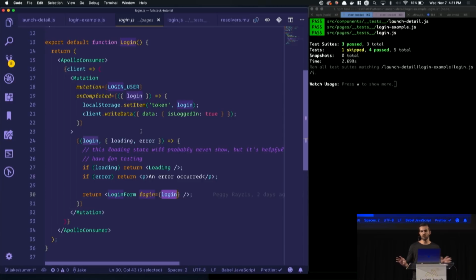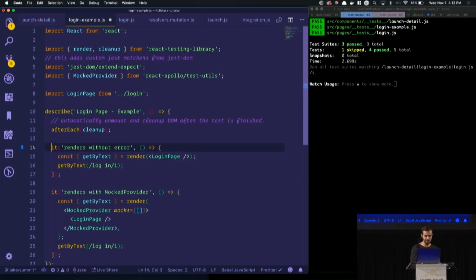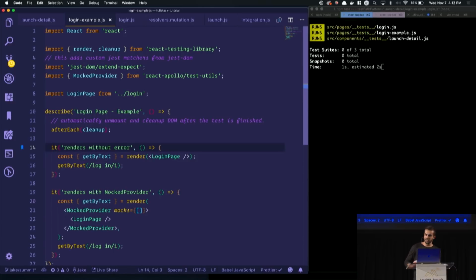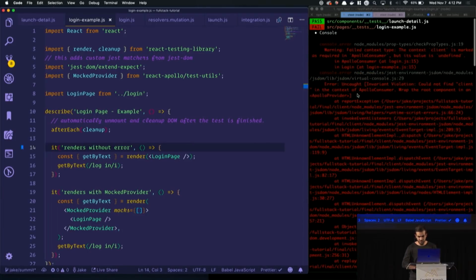All we want to know here is that it renders first off, so that we can actually click the login button, right? So let's go back to our login example test here, because this isn't the full login test. We have this render component still, and if we try to render our login page just by itself, and I'm going to unskip this so you can see it, it'll fail, and it'll give us a pretty nasty error. If I scroll all the way up to the top, it says, could not find client in the context